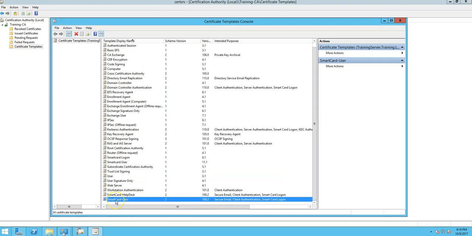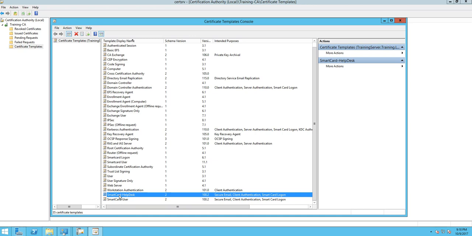So we have created 2 templates. We have the Smart Card user, and we also have the Smart Card help desk. The Smart Card help desk will be, for example, the administrator or the support engineer or the systems engineer that will be helping enroll domain users. Okay. So the next step here now is to